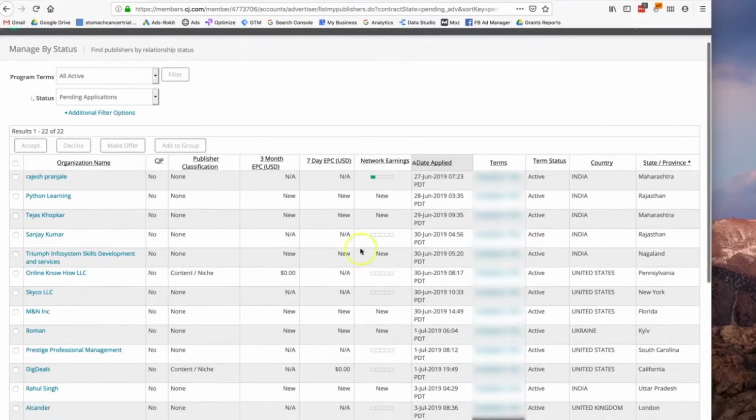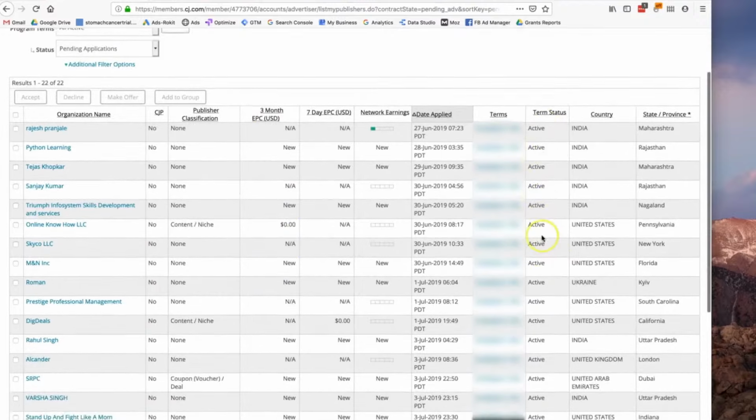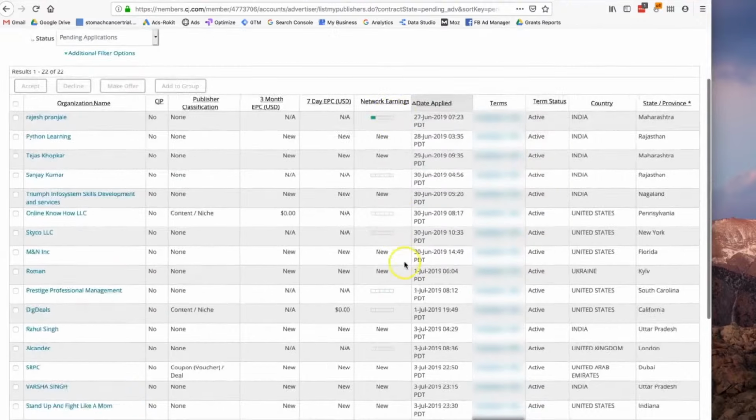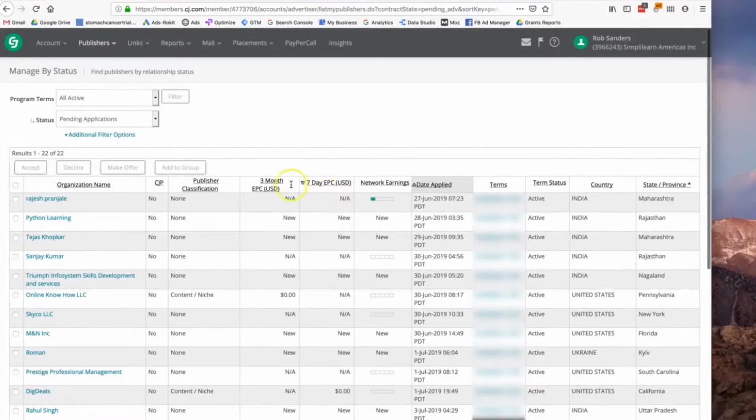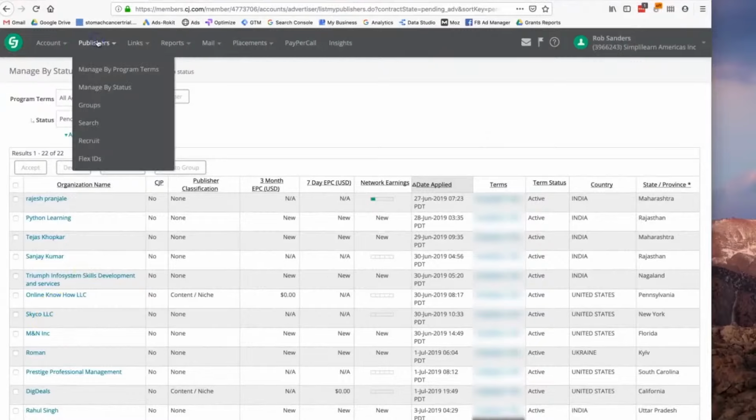Basically, you could see here the term status, whether it's active or not, and earnings, basically what they've sold over the last 7 days or 3 months. So you could look at how your publishers are performing just by clicking on Manage by Status here in